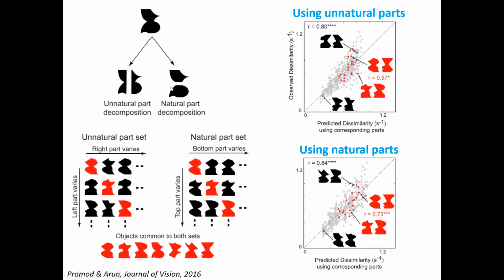So what this means is that in visual search, we never ask people to actually break down the object into parts, but we can infer that they're probably preferentially breaking the object down into one set of parts, but not the other set of parts. Okay, so